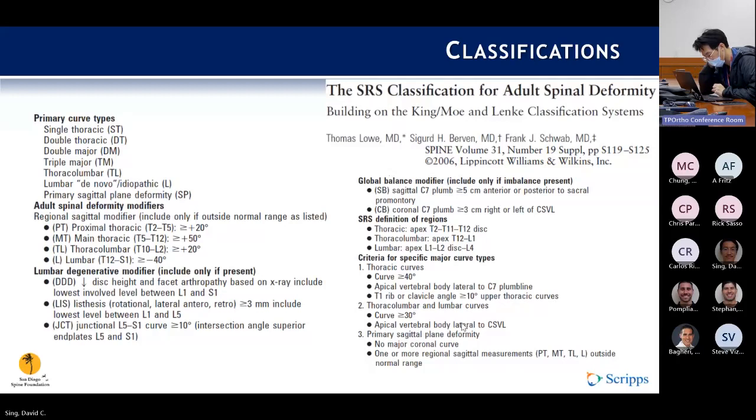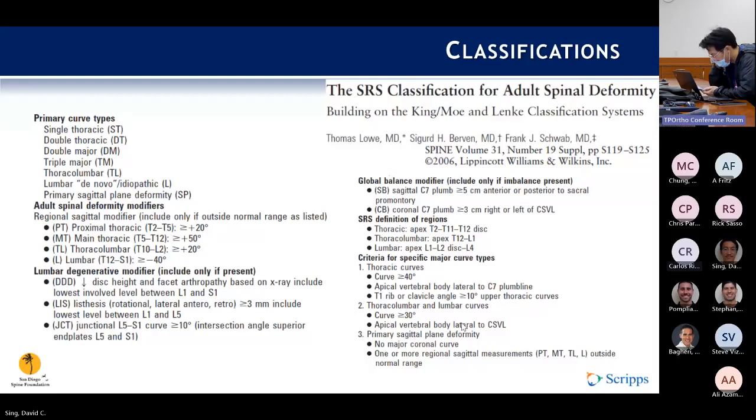And this time they also point out primary thoracic, as well as upper thoracic, proximal thoracic, main thoracic as separate categories. The primary thoracic, the major curve for it to be primary had to have a 40 degree curve, and the C7 plumb line had to lie lateral to the apex of the vertebral body for that to be the primary curve. And they used 40 degrees here because that was kind of agreed upon as a reasonable cutoff for